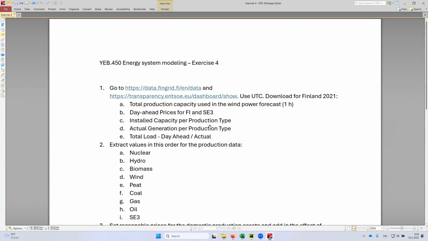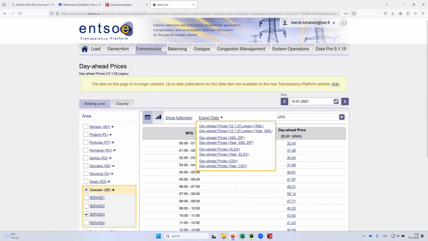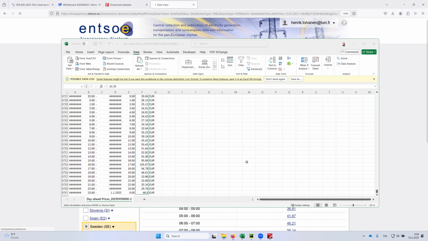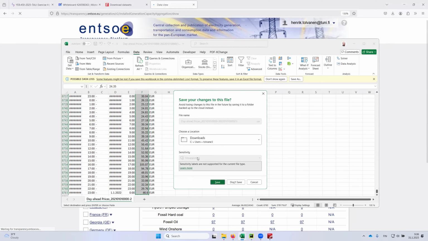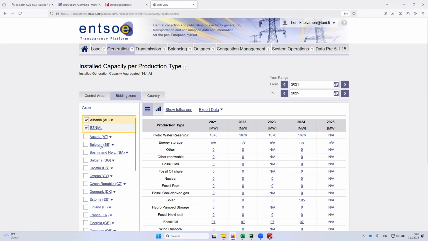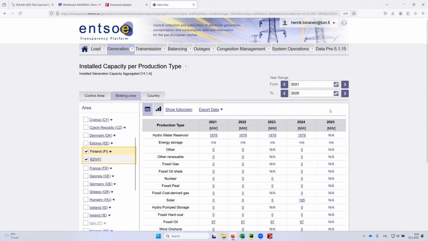We need installed capacity per production type. So that is what we can download from here as well. So there's the generation, and actual generation per production type, installed capacity per production type. So we're going to go ahead and select this one. And let's close the day ahead prices from here, to save. And again, let's go to Finland, and we are going to